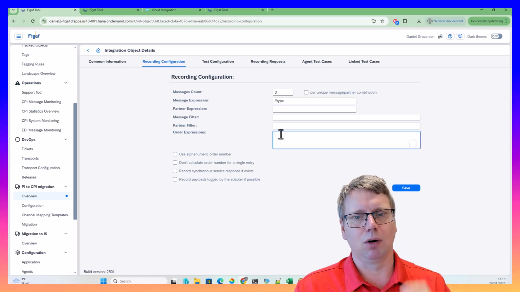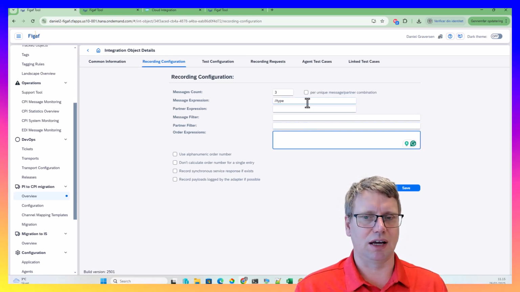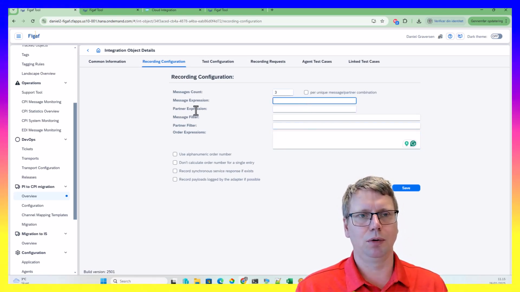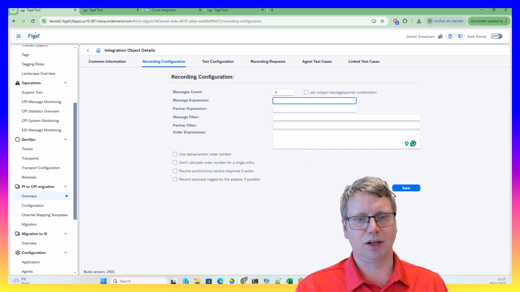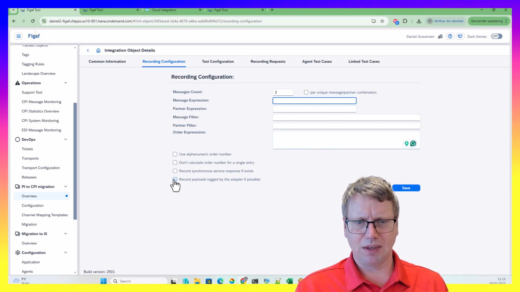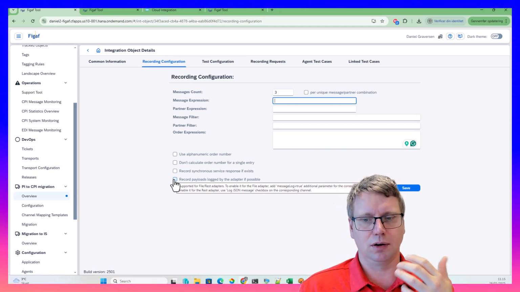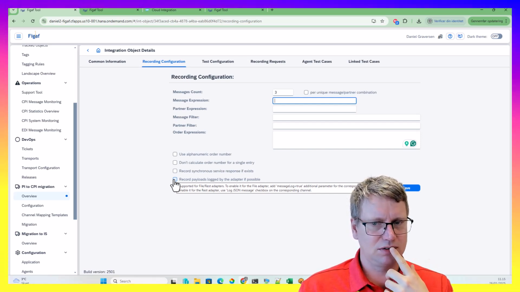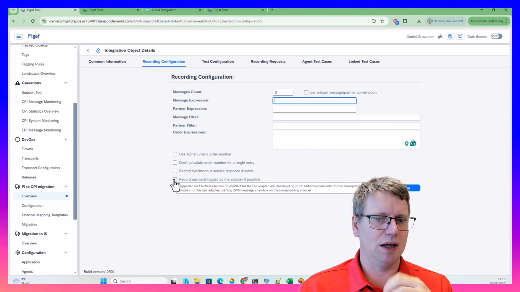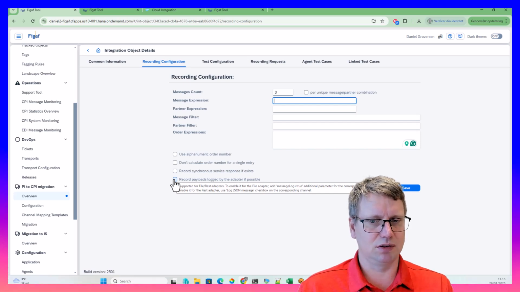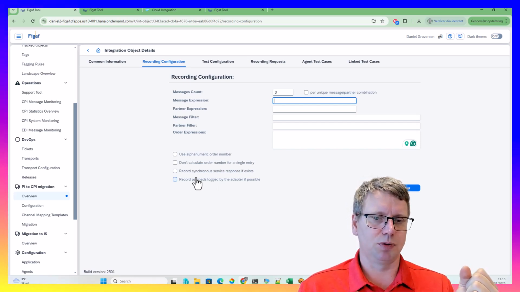And here we have the order expression. We will probably also need that in our flow to fetch data. This one is also interesting. If you, for instance, are using the file content converter, you have this message log equal true that will enable you to fetch extra messages. And you have an option here that is called